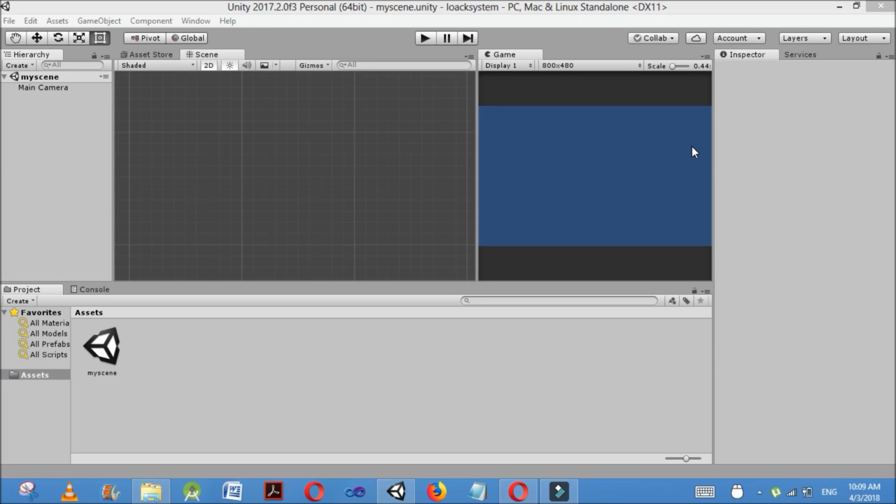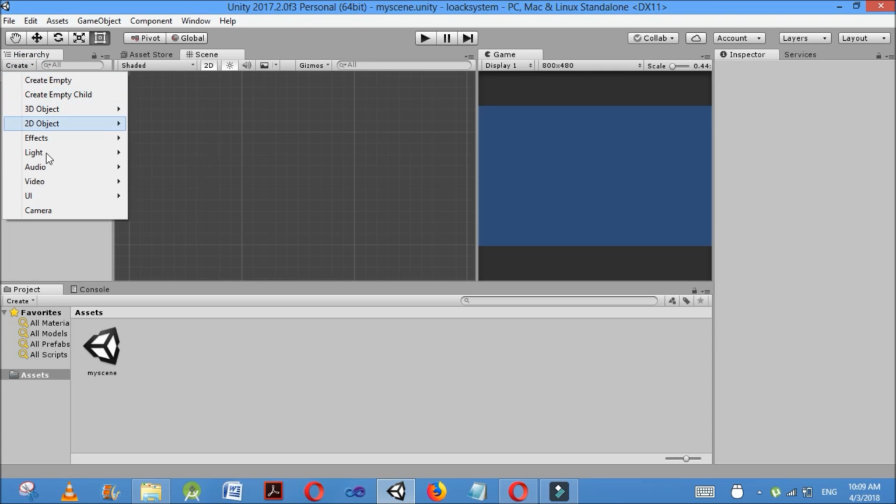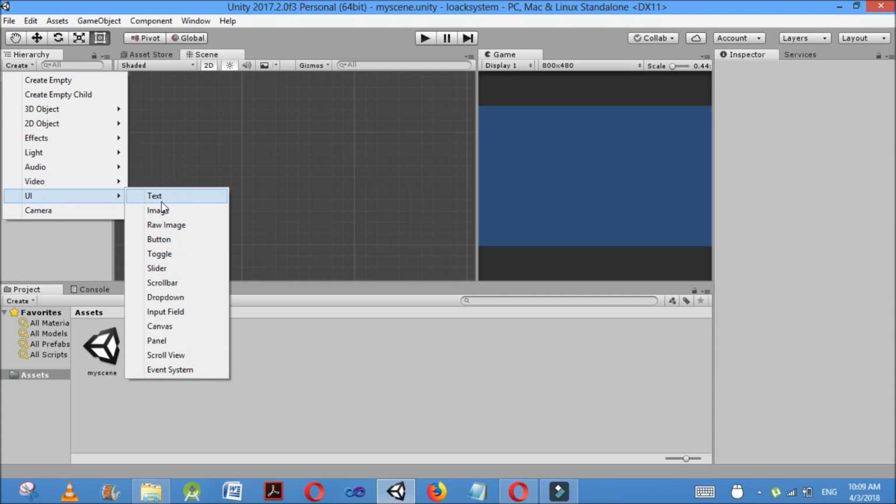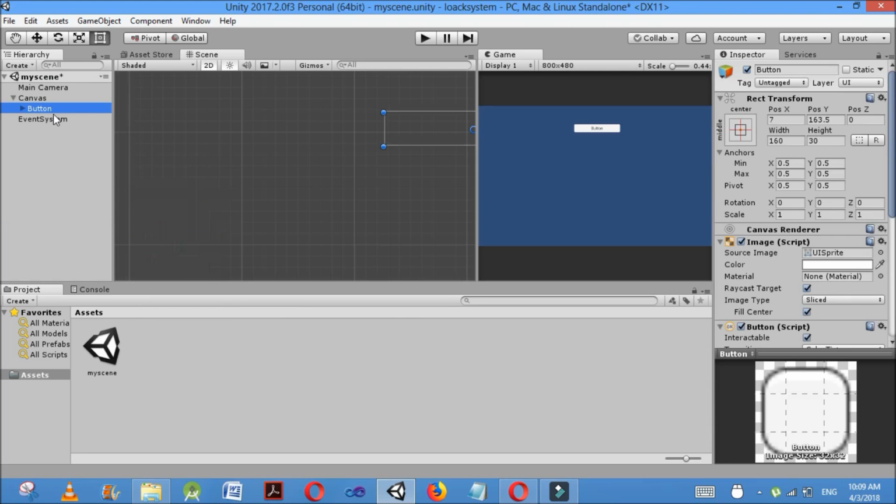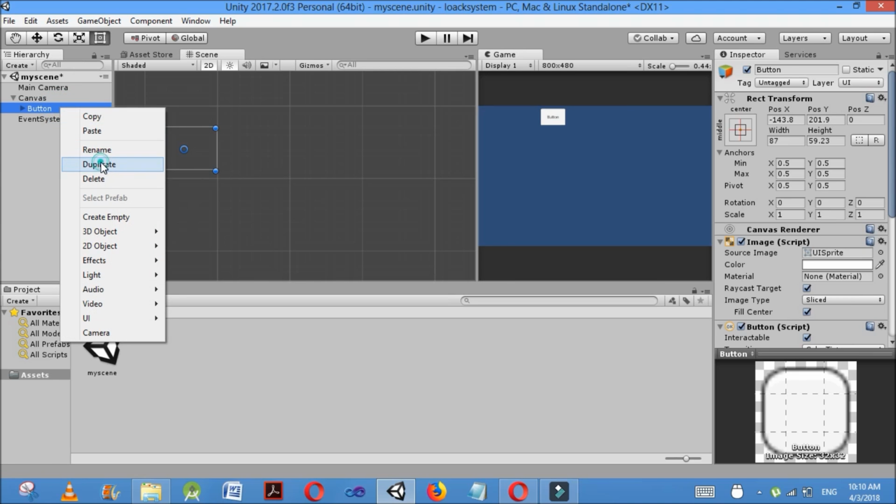Hello, today I am here to make a lock system for Unity. For that I am going to create some buttons here. Just focus on a button, then resize the button. I am going to place 4 of the buttons, duplicate,